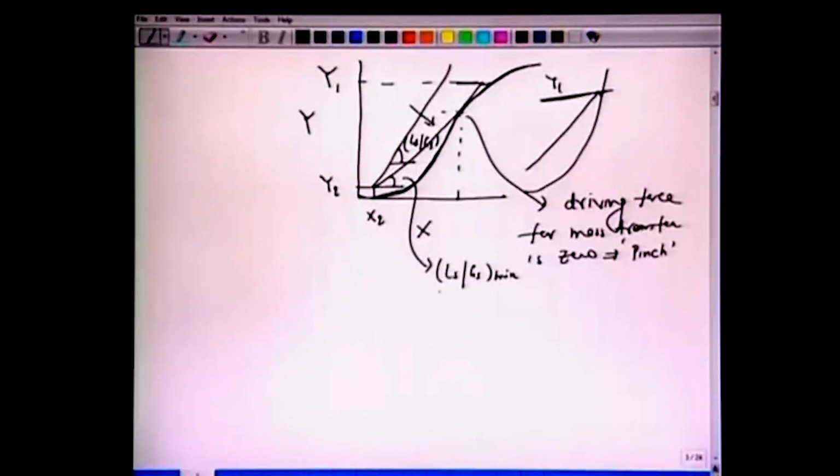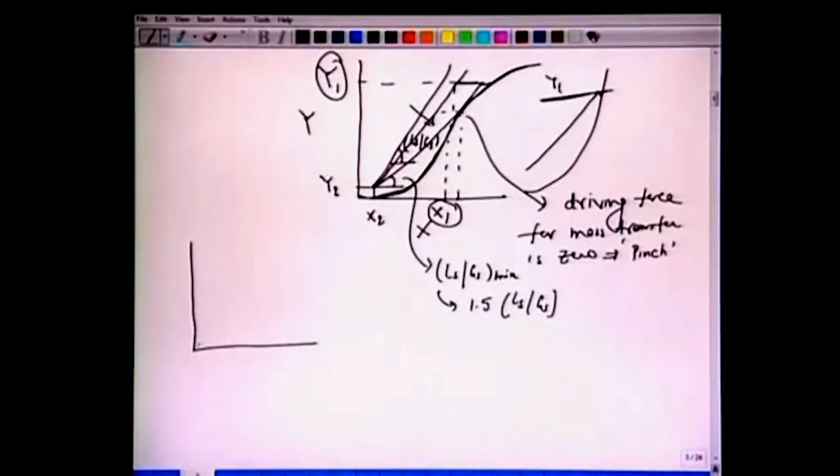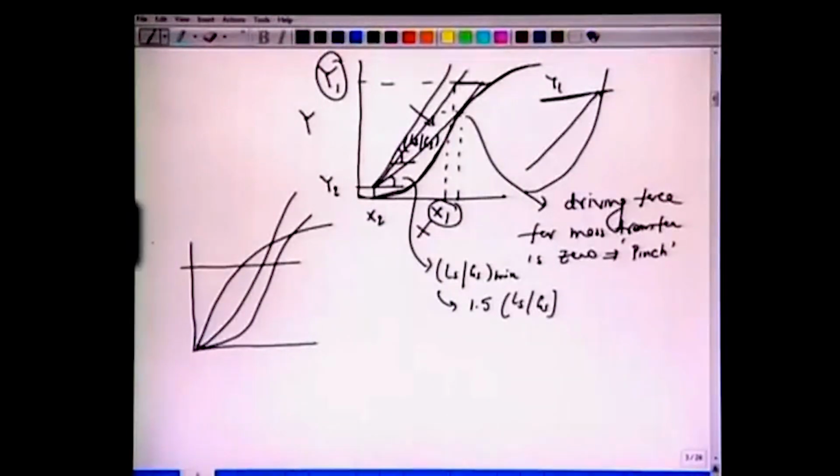and from here again we have to find out 1.5 times Ls by Gs to determine the operating curve, which will now go like this, and we will get the concentrations which is x1 corresponding to y1. Okay, so idea is that you have to be careful with the type of equilibrium curve, which will vary from system to system. It could be like this, it could be like this, it could be like this, and in each case, if the y1 is fixed, y2 x2 is fixed somewhere here, one has to be very, very careful,